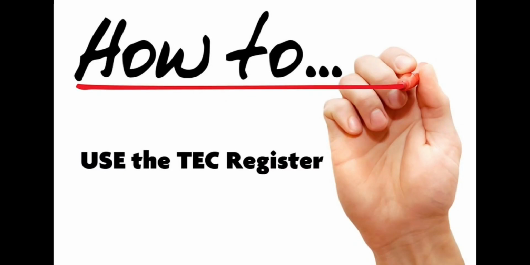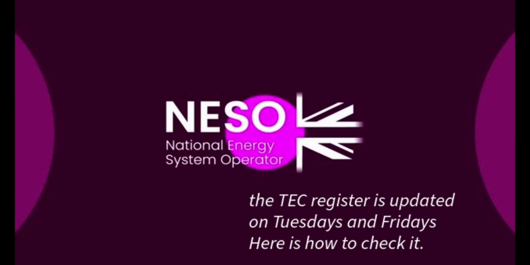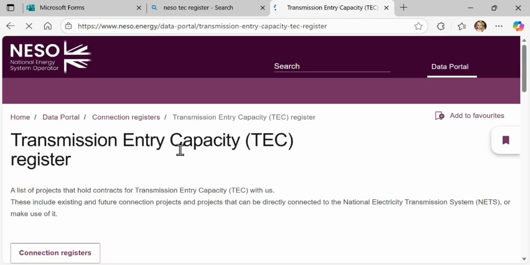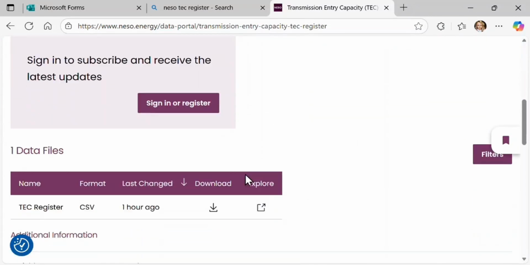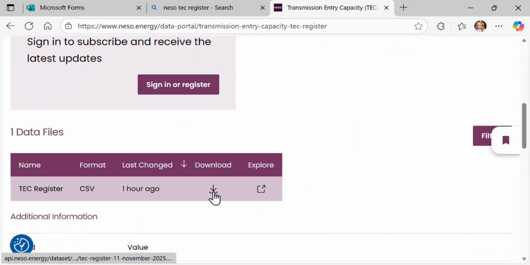Here's a quick guide as to how to use the NESO Tec Register. We know it can be a little bit daunting. It's updated on Tuesdays and Fridays, so here's how to check. Once you've entered into the Tec Register, you can download the document here,